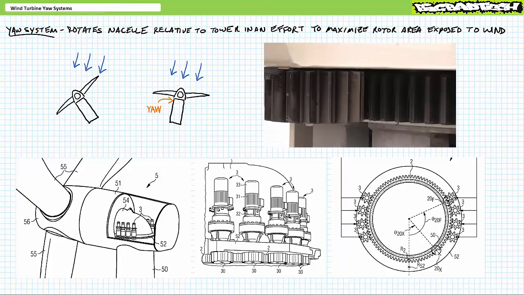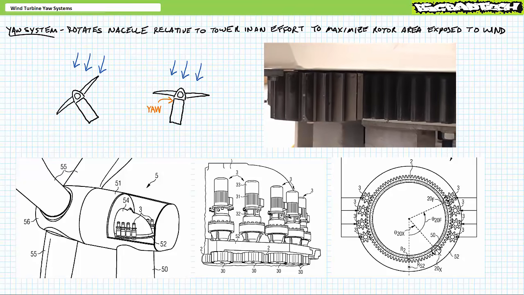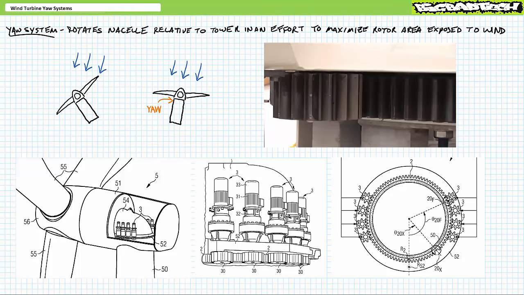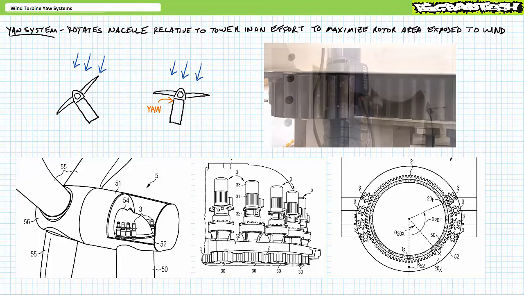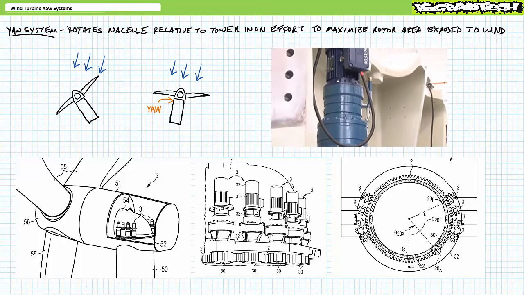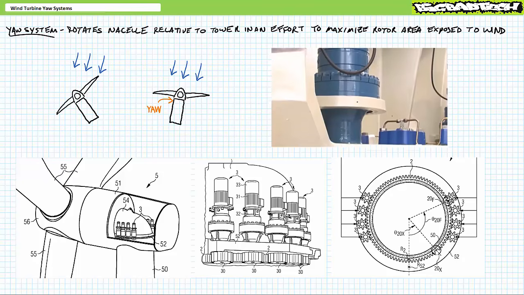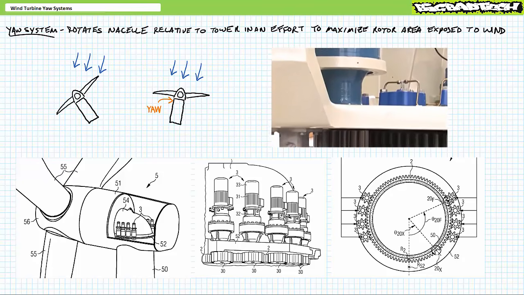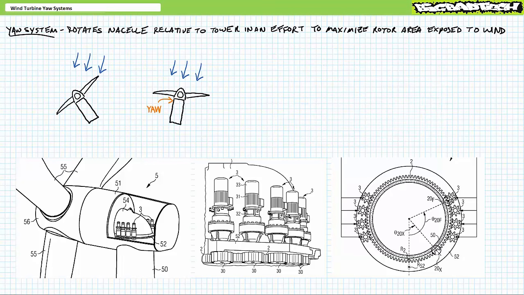Yaw motors, affixed to the nacelle bedplate, mesh with the slewing bearing via a gearbox intermediary. When energized in one direction, the yaw motors turn the nacelle clockwise. When energized in the other direction, the yaw motors turn the nacelle counterclockwise. Once in position, as we'll soon learn how this is determined, the yaw motors are de-energized, the yaw brakes applied, the rotor brake released, the blades are pitched to an appropriate angle, and the turbine is free to get busy